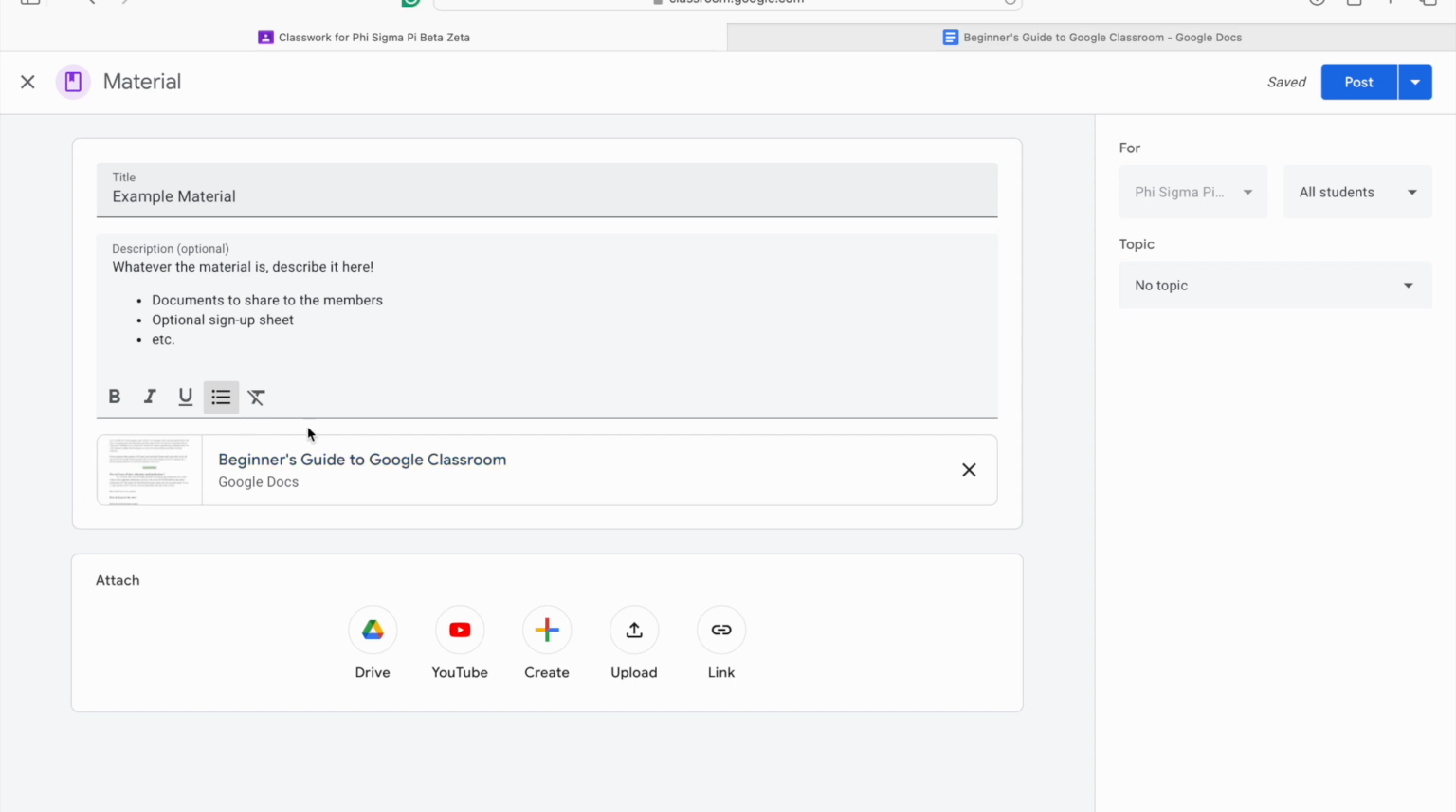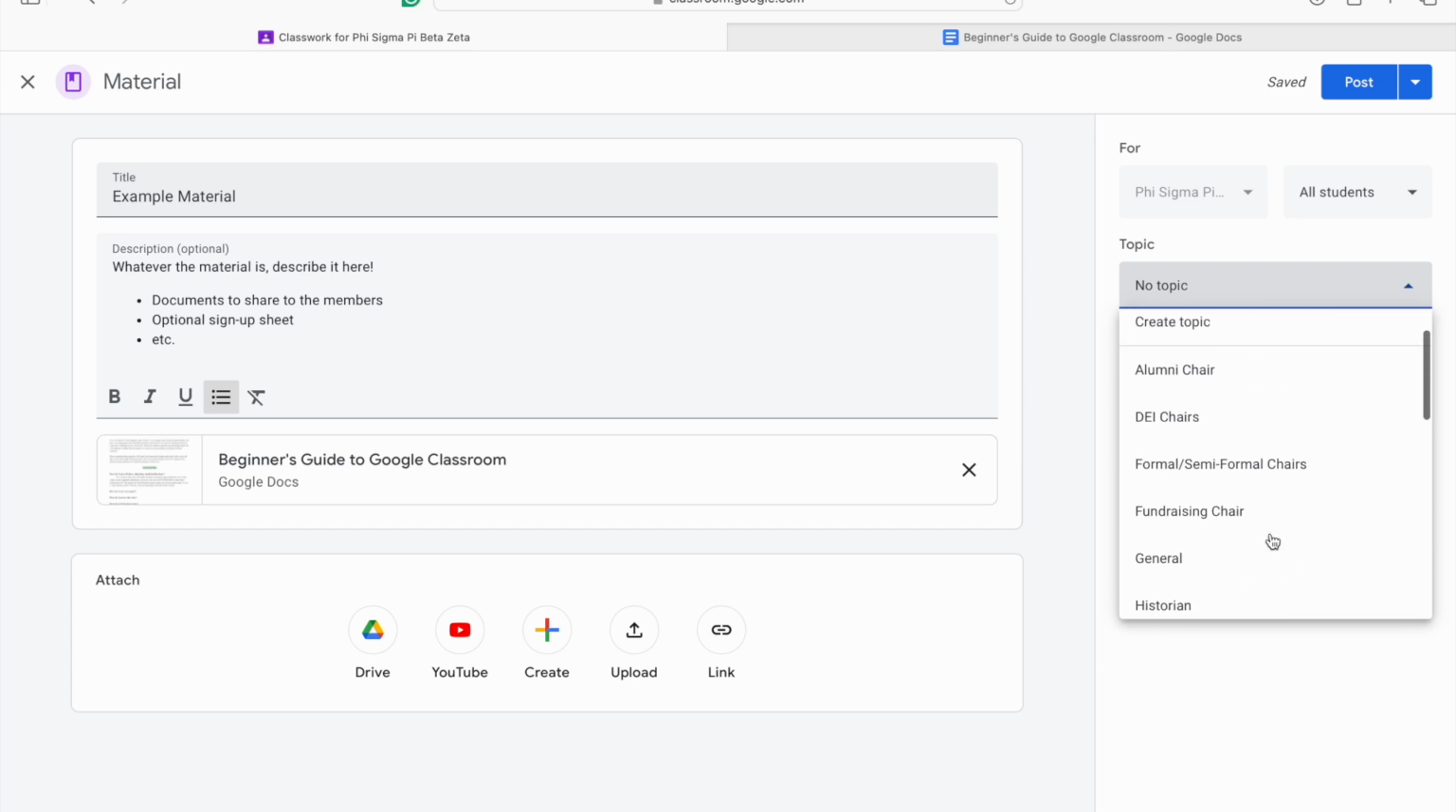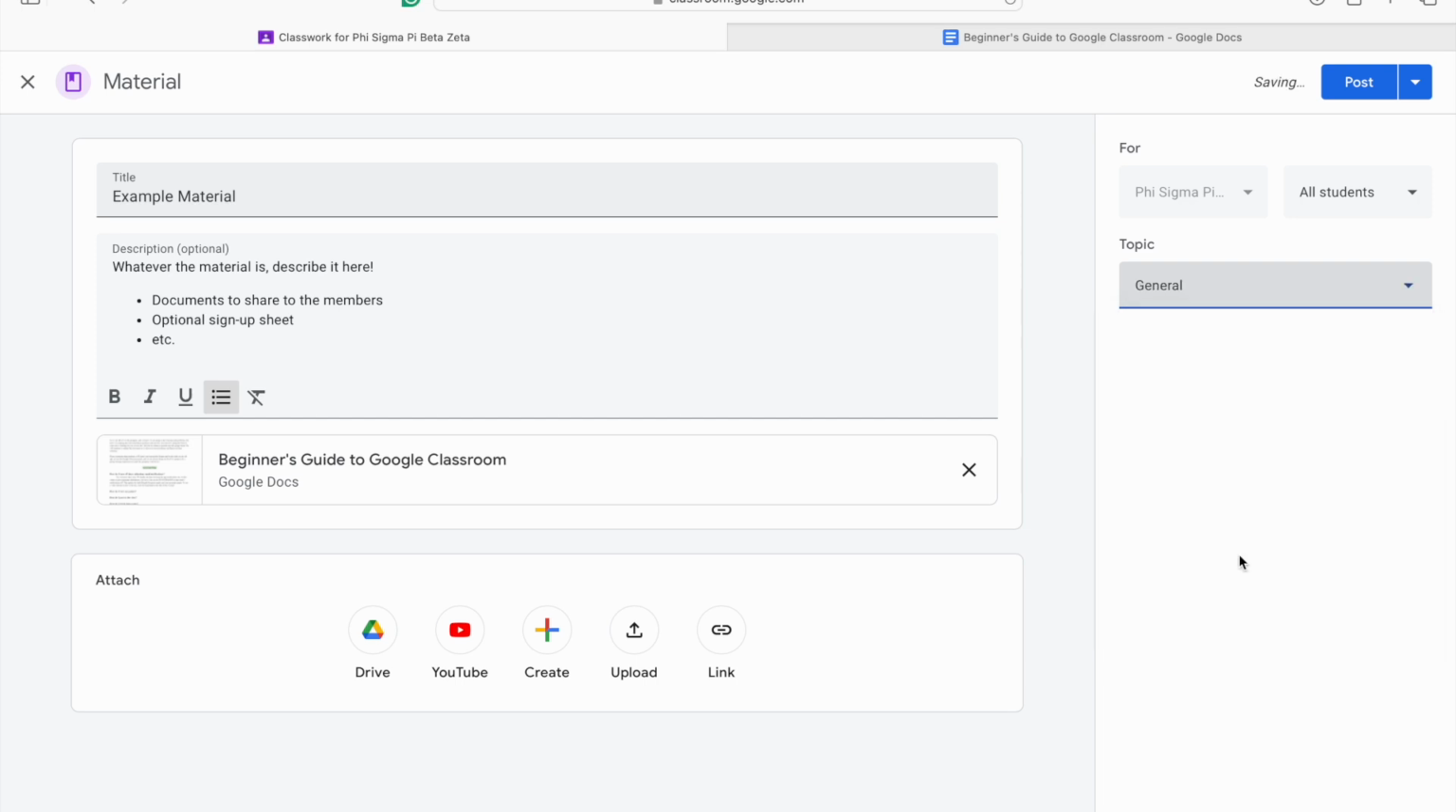So then it's going to come up here. This is the doc that you clicked on to find this video, obviously, but this is the Beginner's Guide to Google Classroom. But yeah, the doc would show up here, and then you would go over here to the topic section, and you would select whatever your chair is. So obviously I'm going to select general because this is just an example of it, but you would select